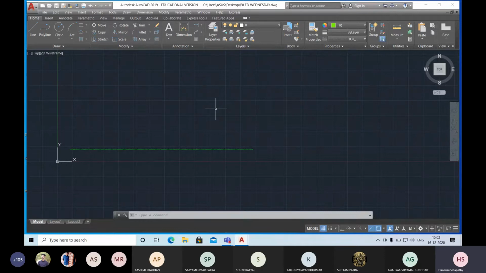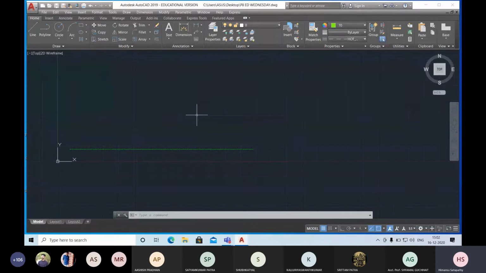So now in AutoCAD, the dimension is a different entity. Whatever I have changed in the text now does not apply to the dimension. A dimension contains another text, another line type, everything is different. So dimension has a different option. Before starting, I request all of you to pay attention, because this is a difficult one. The dimension option is a difficult one.